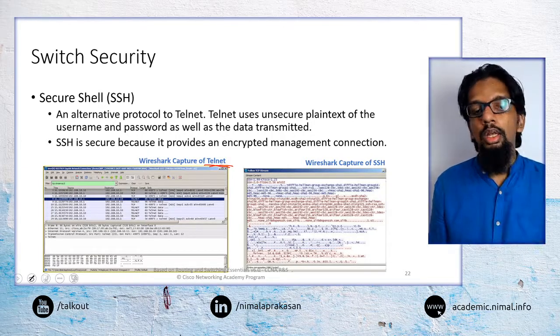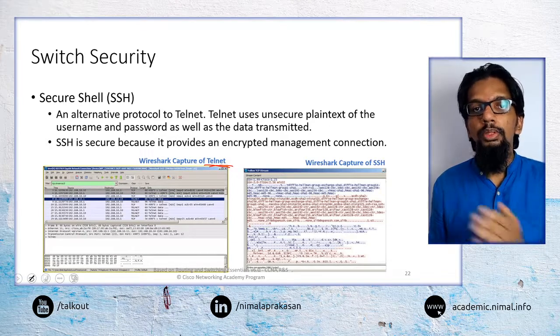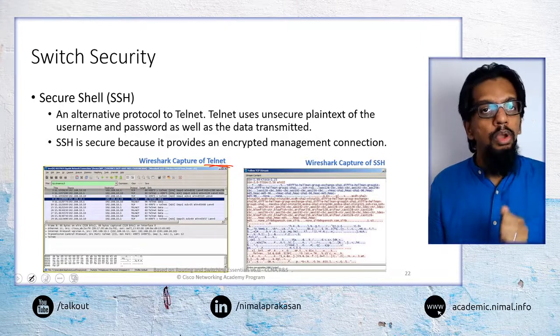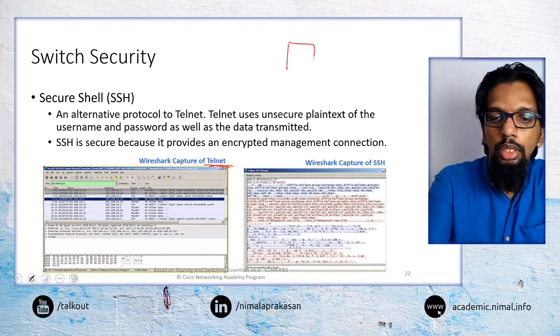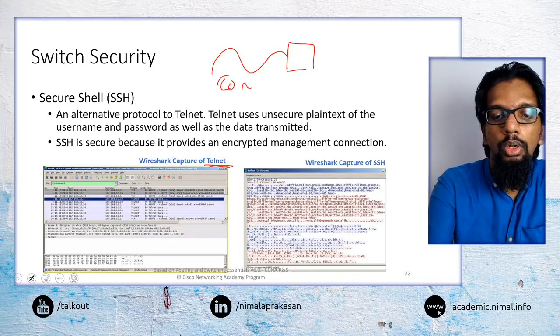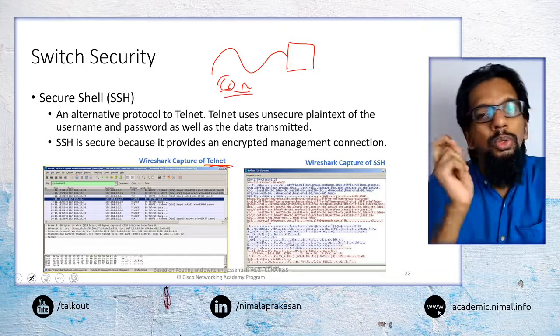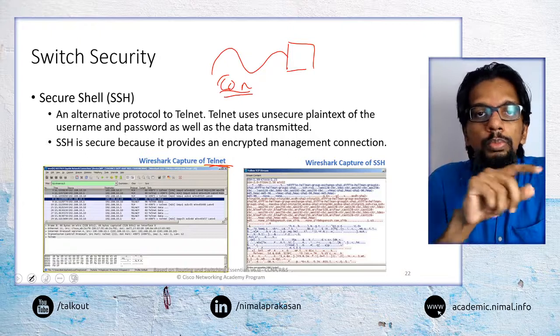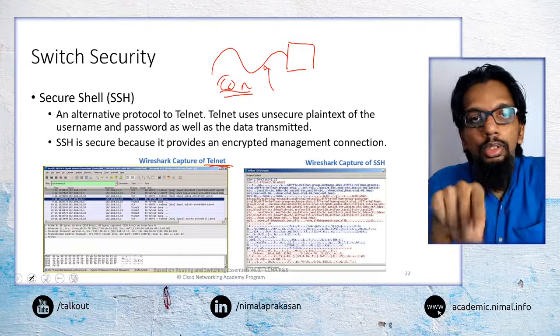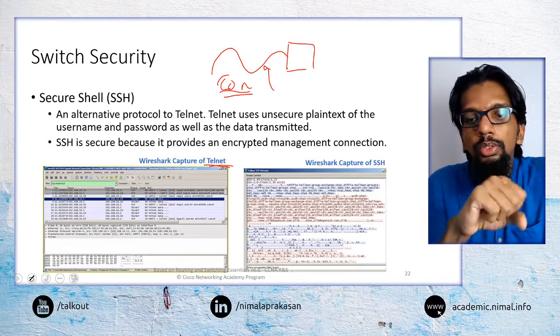So it is not advisable. If you are configuring a switch through a direct console cable, you can safely assume that nobody in the network will be able to see what is going through that console cable.